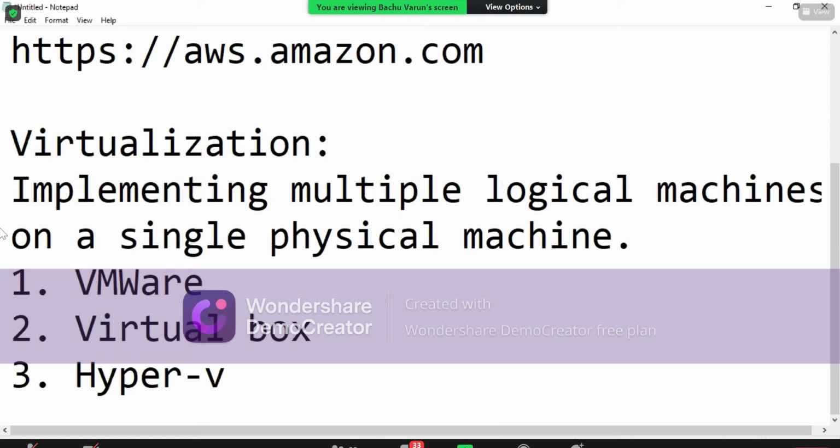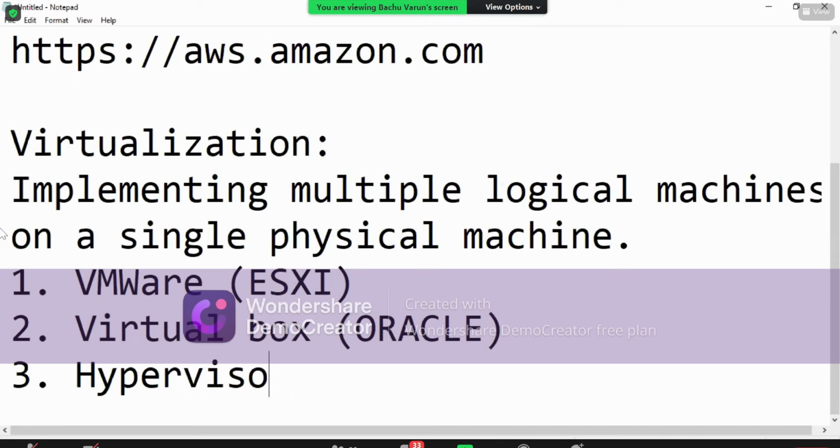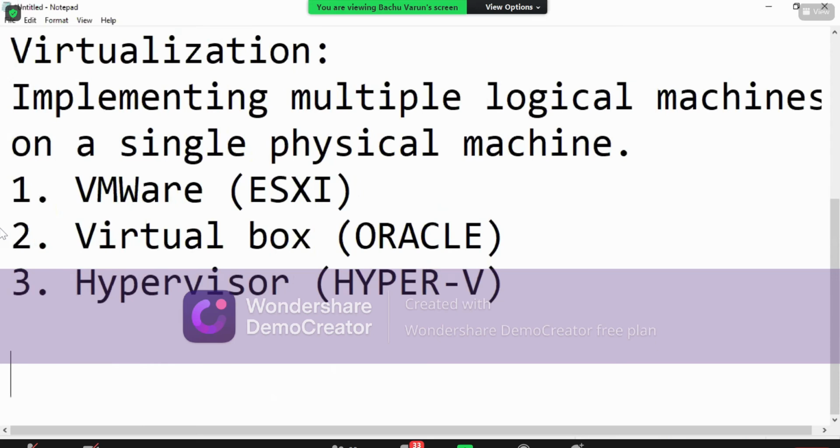So VirtualBox is a client, or you can take the product. In VMware, we call the machine ESXi. It runs on the ESXi platform. VirtualBox is the thing which runs on a platform called Oracle. This is Oracle VirtualBox. Hyper-V itself is a virtual machine, so we call it Hyper-V. There's an option called Hyper-V. It runs with Hyper. Now my question is, on which platform does